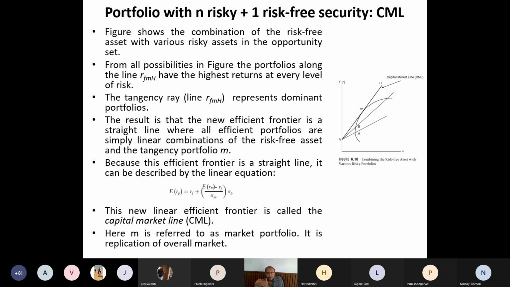So if I want to create a portfolio of only mid cap stocks, then I should compare it with the mid cap index, and that should be the market portfolio. If I want to create a portfolio of only pharma stocks, then I should compare it with the Nifty Pharma, right? And that will be my market portfolio. So there is always one market portfolio.